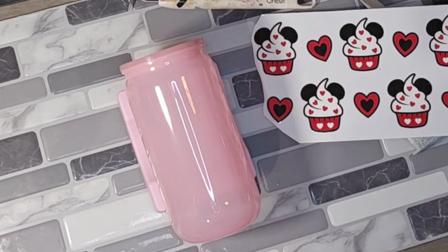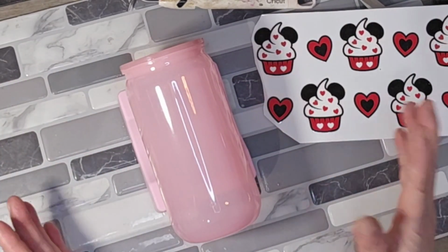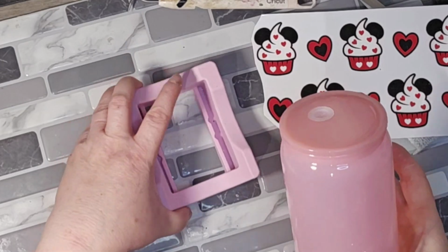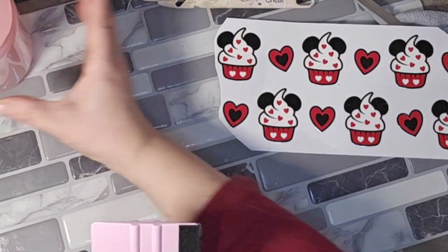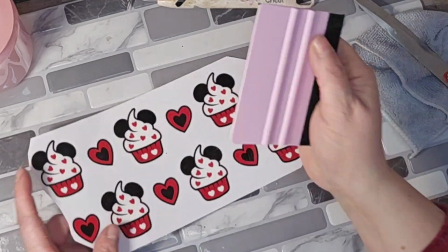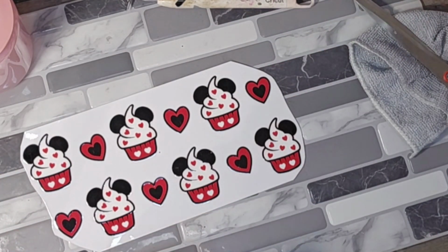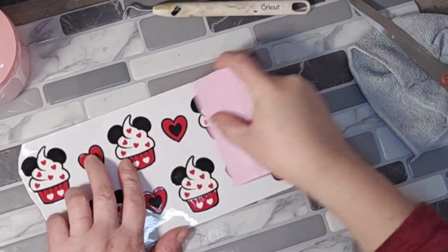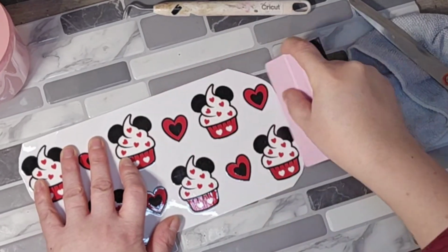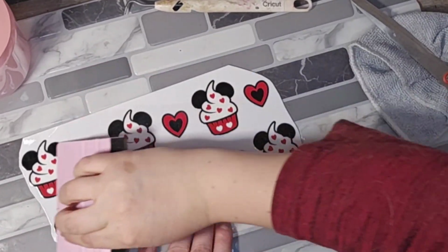You basically put your cup on it and it stops the cup from rolling about, but not everybody has that, so I'm not going to use that today. But it does come with a little squeegee scraper type thing, and if you don't have one of these, just use an old credit card. Anything at all that's got a nice flat edge that you can scrape, and just give it a good scrape down. We want to make sure that it's all nice and stuck to the clear bit,